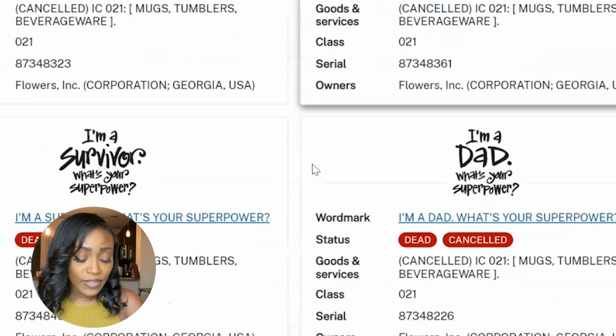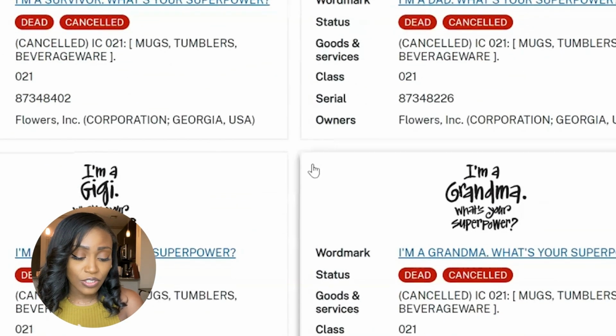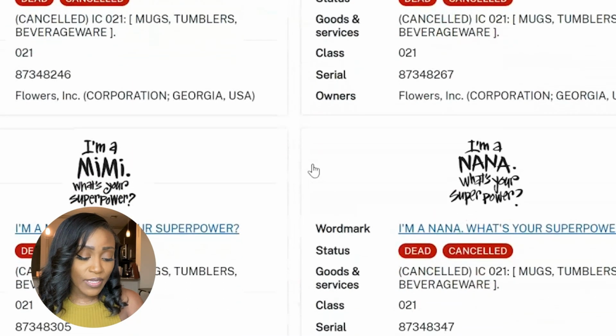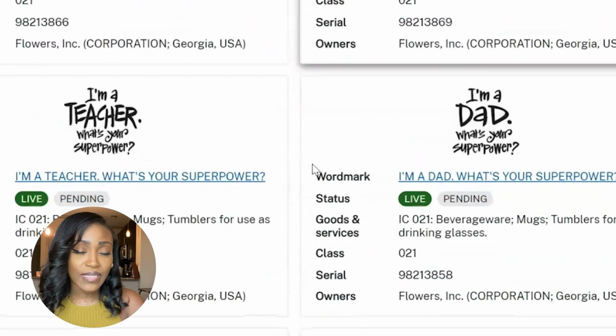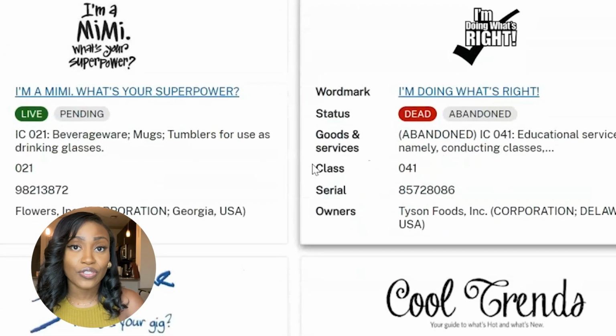It's gonna show you everything that is open. It's gonna show you everything that has been canceled and what categories it is in. From what I'm seeing, this phrase is not protected, so we are safe to use it. Now that we have our quote, we know what our shirt is gonna be about, let's go ahead and start